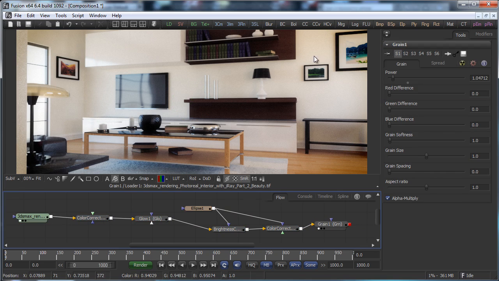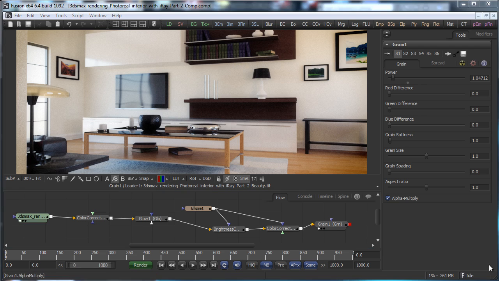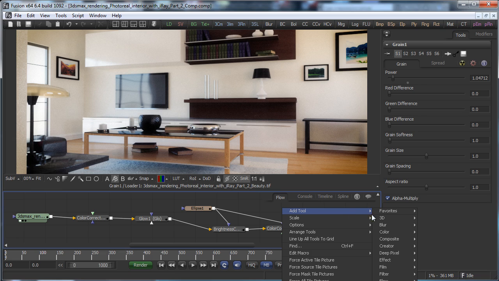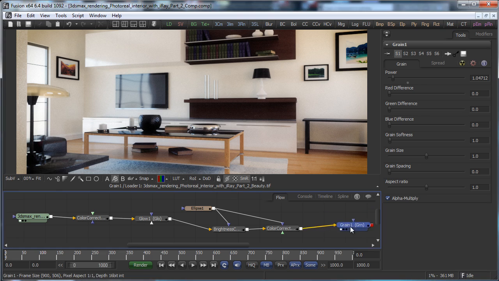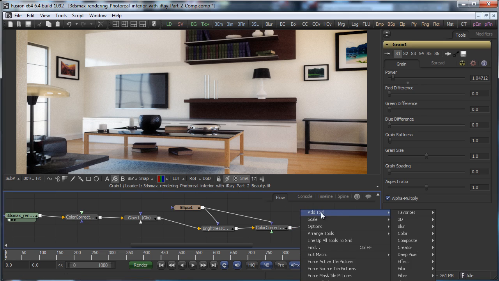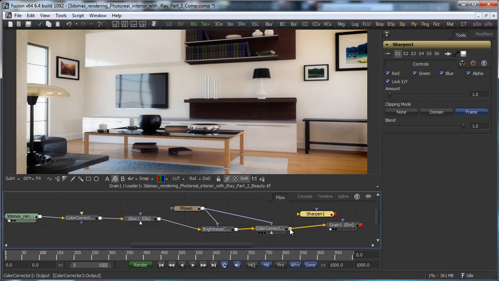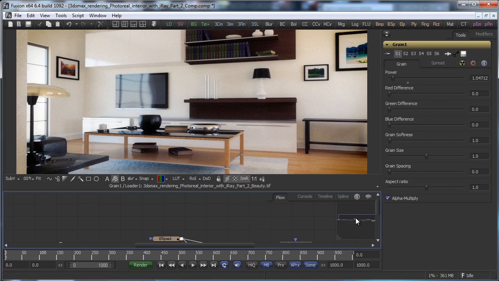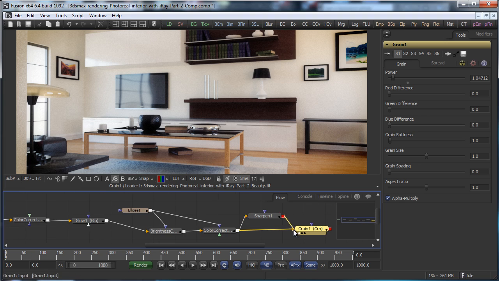Let's save the project, and we can see if we can add something else. And before we set the grain, I like to have a little bit of sharpen. So in the blur, sharpen, and then we go inside the grain. You see that it adds a little bit of detail. So